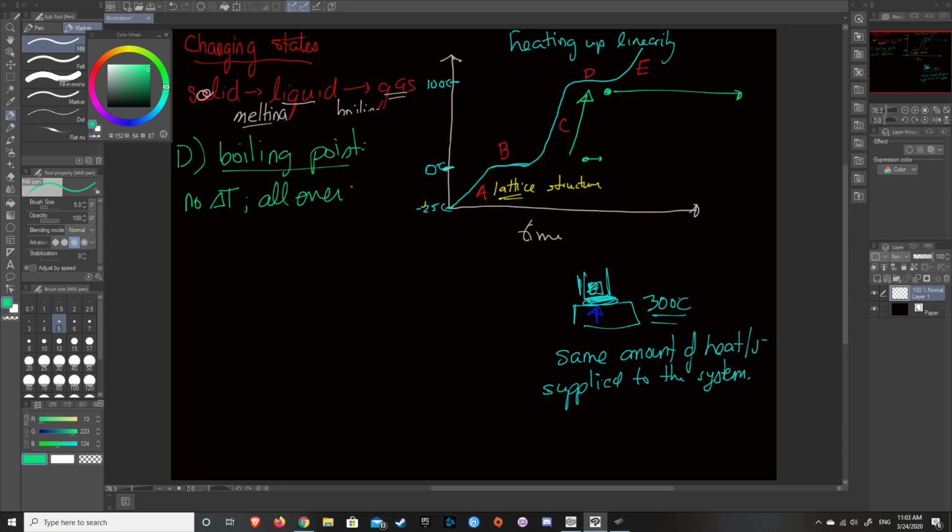All energy is used to overcome intermolecular forces. So those forces between the molecules that are holding them together, all of the energy is used to overcome